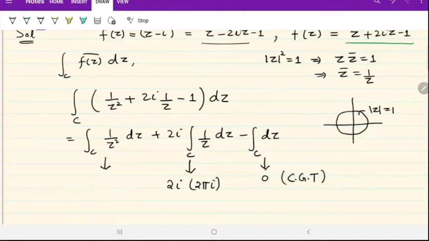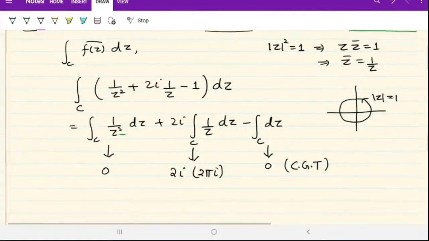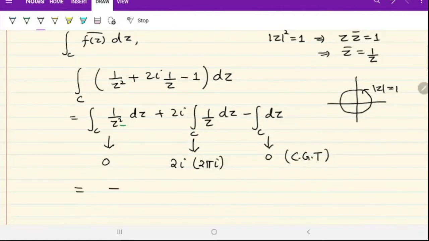And similarly, the extension of Cauchy's integral formula will give you this to be 0. Since the function involved here is constant, and the power here is 2, you'll have the derivative of f in Cauchy's integral formula. The derivative of a constant function is 0, so this integral will be 0. So this turns out to be minus 4i.